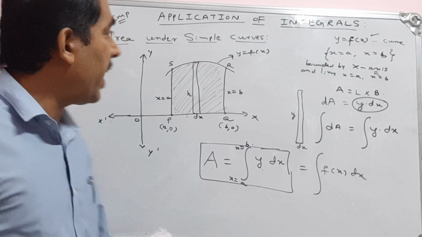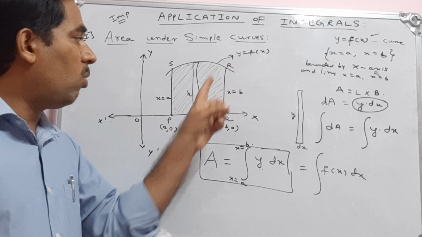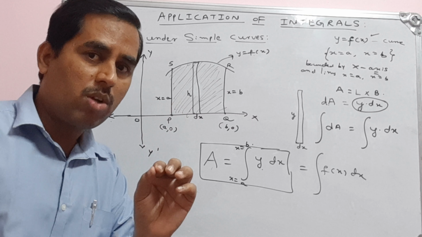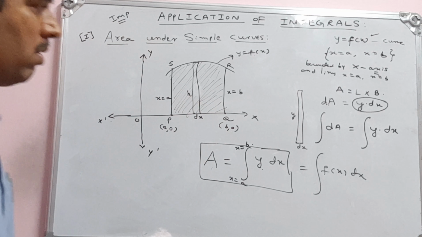What is that case? If I consider a vertical strip, as I have considered here, this is my first case. If I consider a vertical strip whose height is y and width is dx, and calculate that area, I will get y dx. If I integrate that, I will get the whole area, that is integration of y dx. So this case applies to the area bounded by the curve, the x-axis and the lines x is equal to a to x is equal to b. This is my first case.